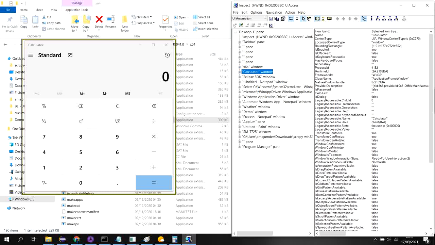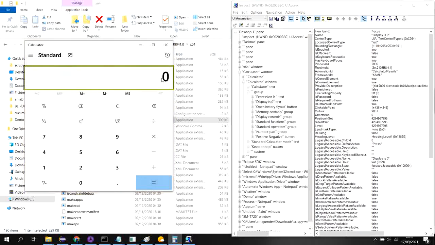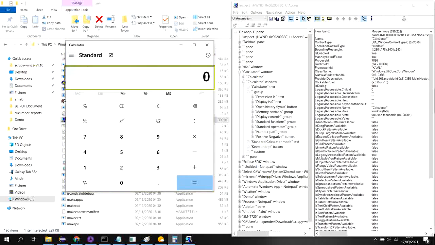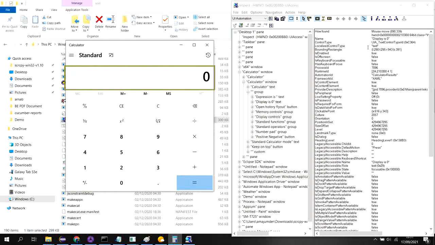So first I am checking, in my automation script, which I will show later, I am just taking the value from this result pane. What is the name? As I showed in the written Appium document, we will use it like that. Just like that it is here. In the name it is showing Display is 0. And the automation ID.